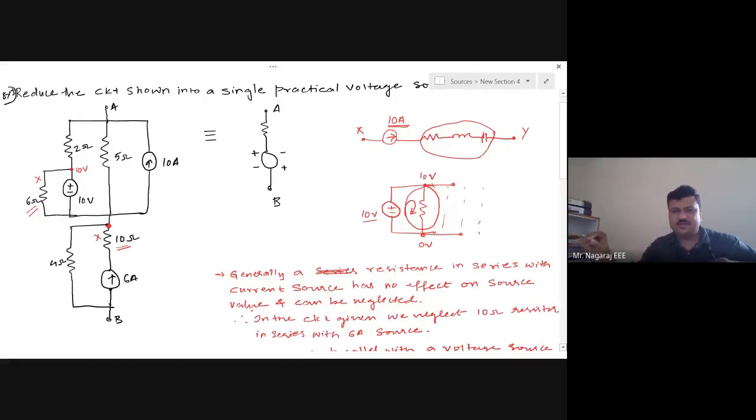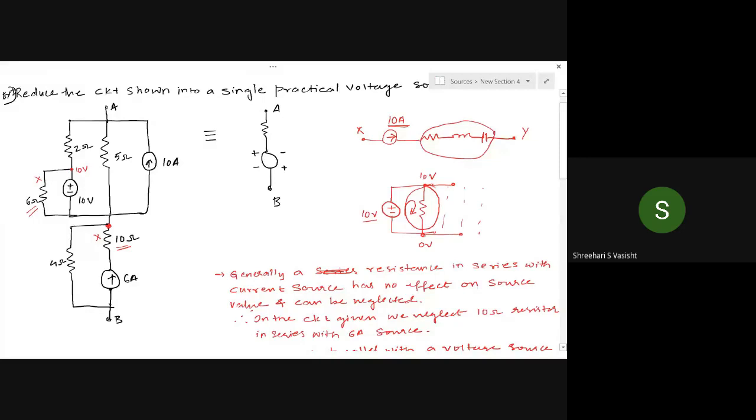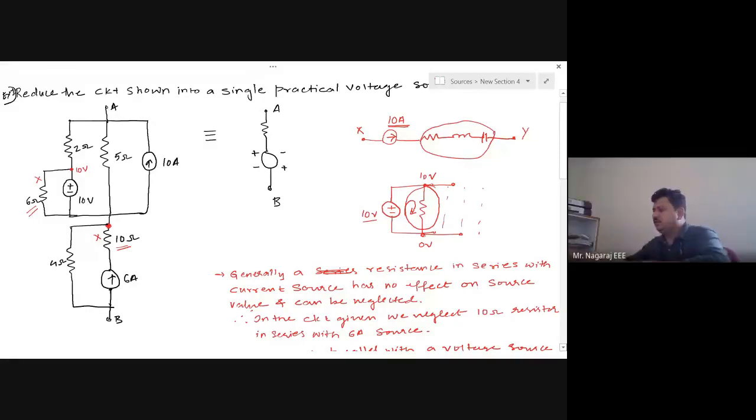Okay, then shall we move ahead with another example, or does anybody need any sort of clarification on this? You can continue, sir. Okay, then we'll move to another example of the same sort. In this session, we'll look into the source transformation examples. Source shifting we will take after this session, in the next class or maybe in forthcoming classes. I will take one more section of this.